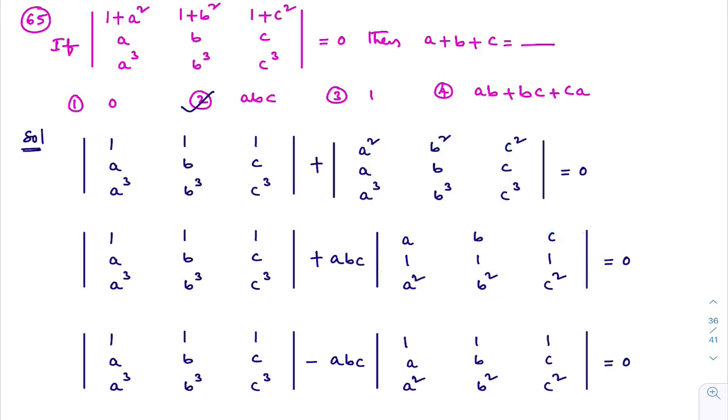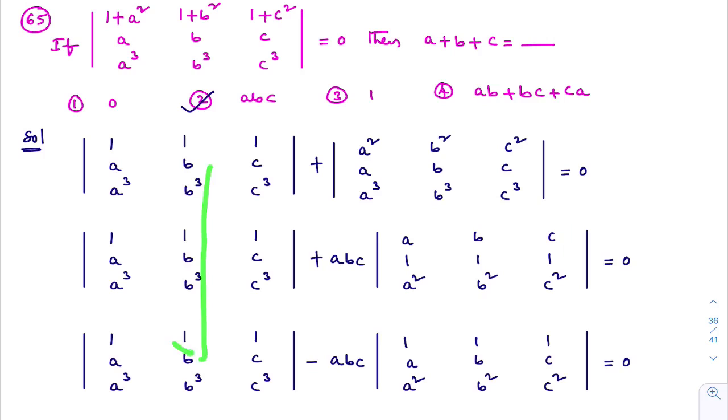Now what I'll do, here I'll interchange these two rows. If you know that in a determinant, if you interchange any two rows, then the determinant changes its sign. If you interchange these two rows, then the determinant changes its sign. Here plus is there, no, here minus we will get. I hope you are understanding.